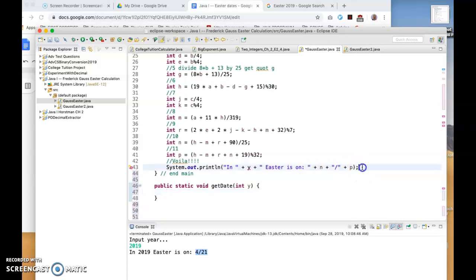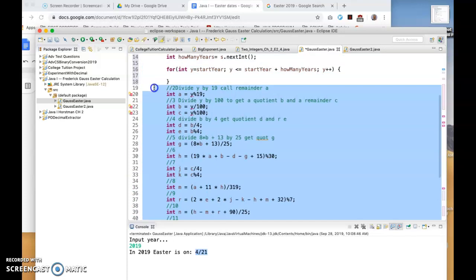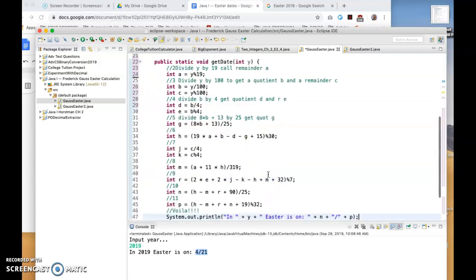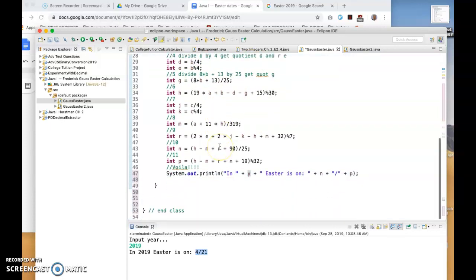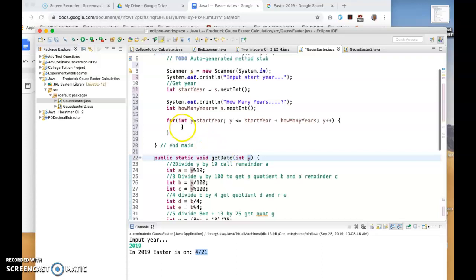Then I'm going to copy the entire working part of this code, and I'm going to cut it from there. So look how short the code is. And then I'm going to paste it in here. Since I called this y, y is going to work here, and it's going to do all this work and then send the result. And then all I need to do is call it up. I'm going to say getDate